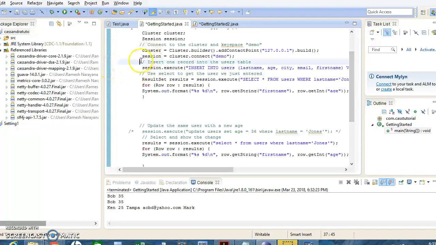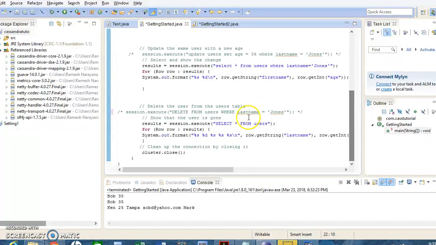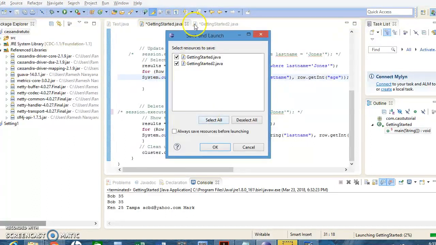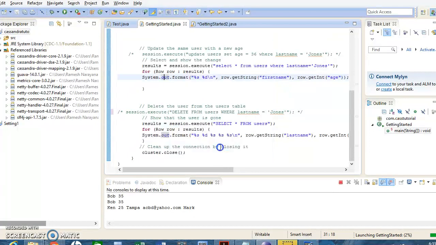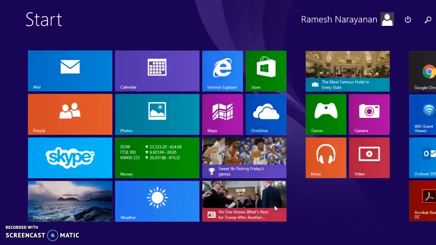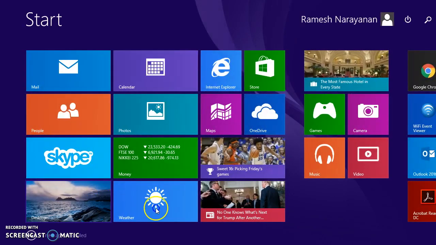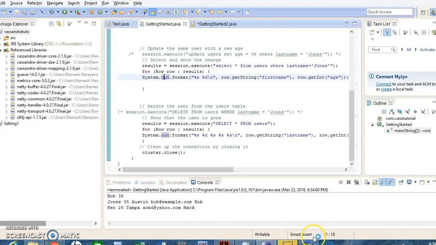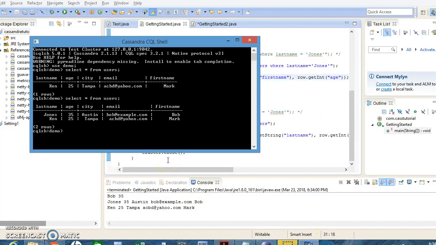So this line of code is the insert part. This inserts a new row. Let's execute this code and see what is the change now. When I click run, I have run a new record. Now when I see what the data is, you can see there are two records, one is Jones and